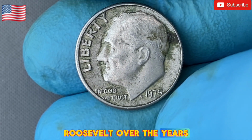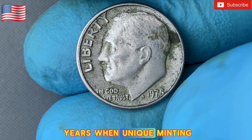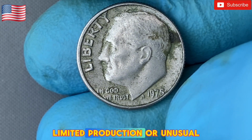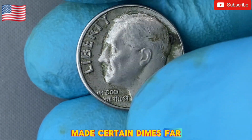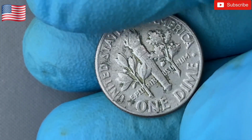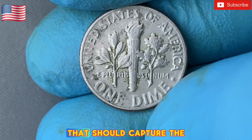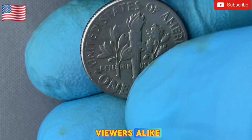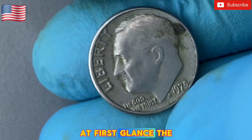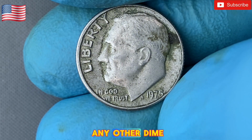Over the years, the design has remained consistent, but there are certain years when unique minting errors, limited production, or unusual circumstances made certain dimes far more valuable than others. The 1975 Roosevelt dime is one of those special cases that should capture the attention of both seasoned collectors and casual viewers alike. At first glance, the 1975 Roosevelt dime may look just like any other dime you come across